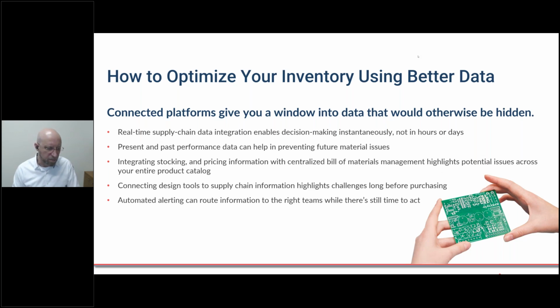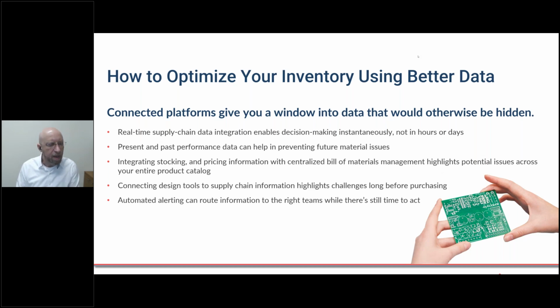So that can be a very critical capability for your company and how you utilize that information. Another key thing that we highly recommend, and you can do this with a lot of tools. If you're using things like Altium, you can centralize your bill of materials management across all of your designs, and you can do this with several MRPs out there as well, to where you start to look at not just one product that you need to build next, but really all of the materials that are used in all of